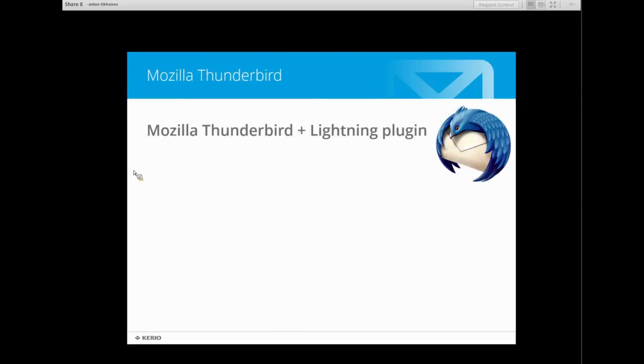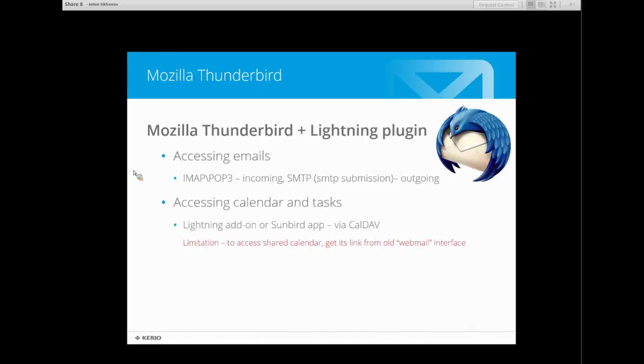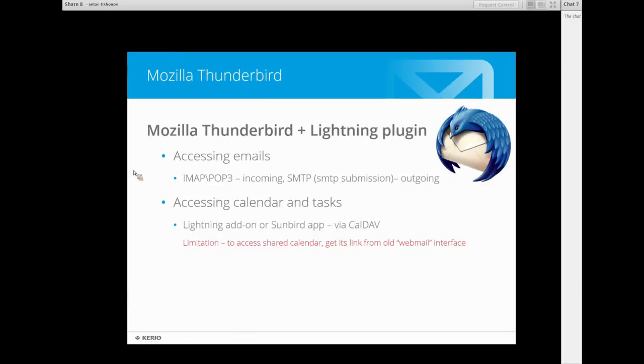And the first client is Mozilla Thunderbird, and let's see what this client allows us to do. First of all, it allows us to access emails using standard protocols, I mean IMAP and POP3 for incoming emails and SMTP for outgoing emails. But that's not all it allows us to do. It also allows us to access calendar and tasks using a special add-on named Lightning, and an application named Sunbird. Both work via the CalDAV protocol,